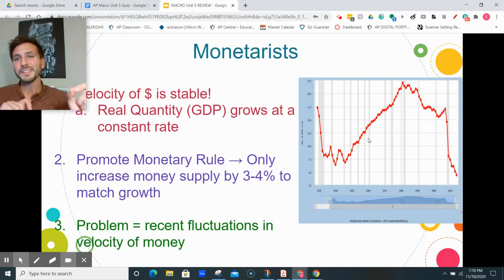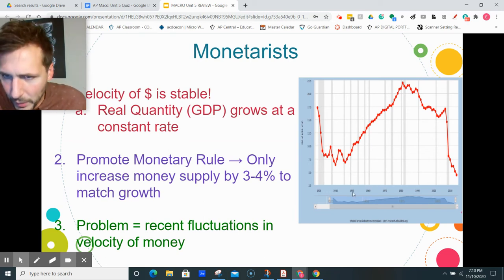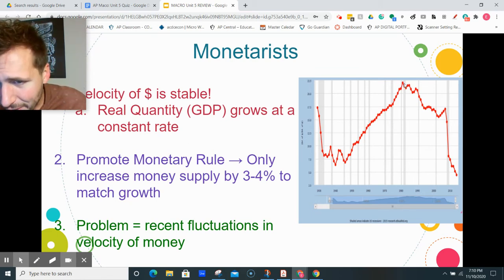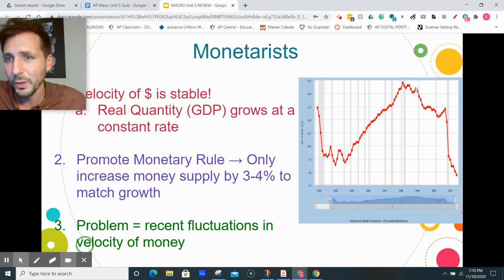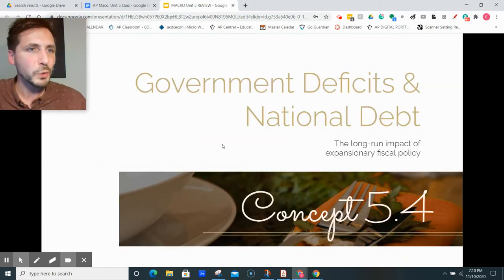But the problem is recently the velocity of money has actually fluctuated pretty wildly, right? And that kind of messes up the whole equation of exchange, right? So if you check this out, from 1950 all the way through like 1990, there's a very consistent, predictable increase, a nice constant curve here of velocity of money. But then in about 1990, things started getting wild. We had a dramatic decrease and up and down and up and down. So velocity of money actually has started to be less stable, which messes up this entire theory. Not so clean. But again, the greatest critique of monetary policy.